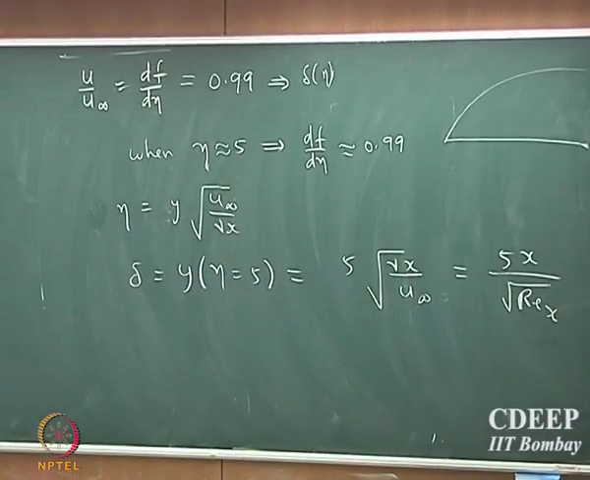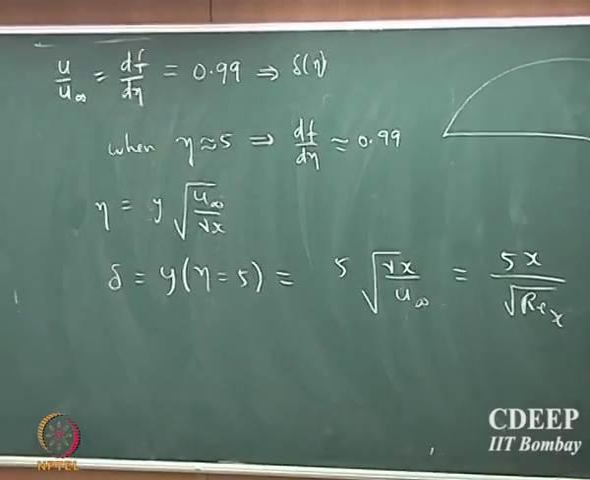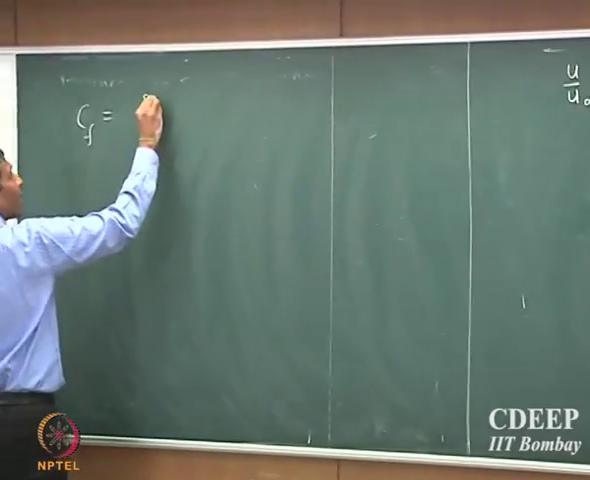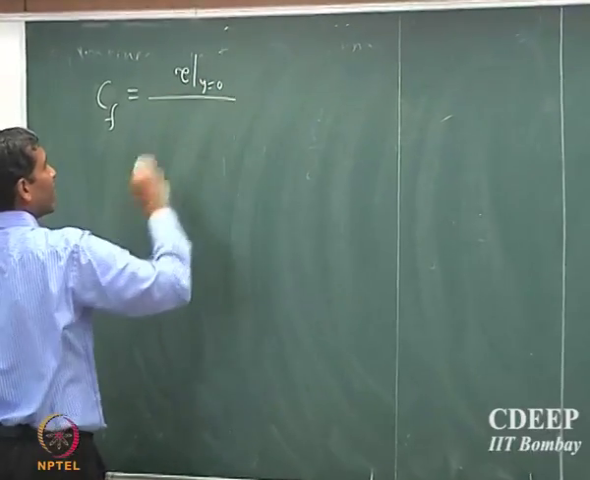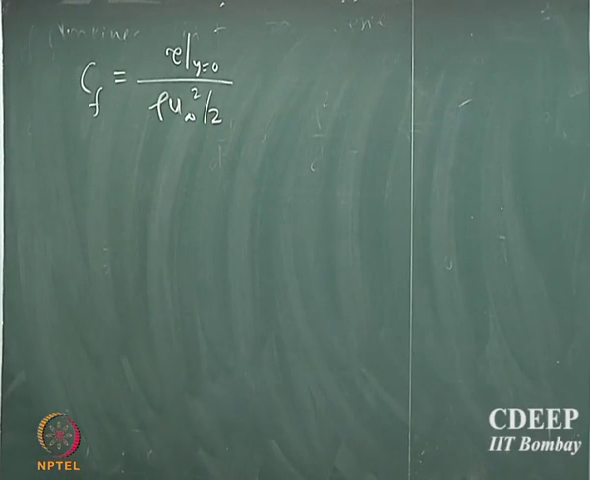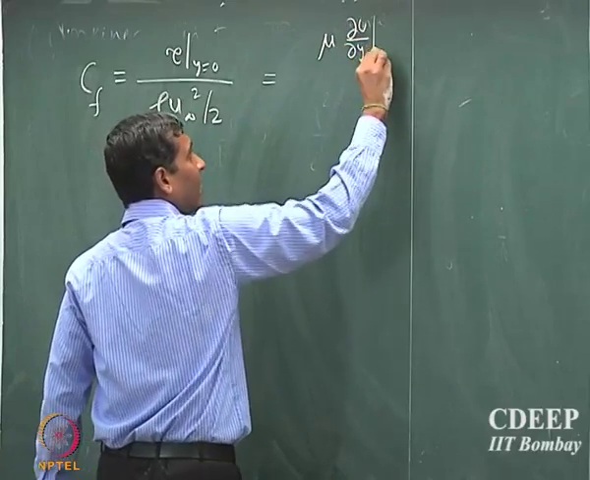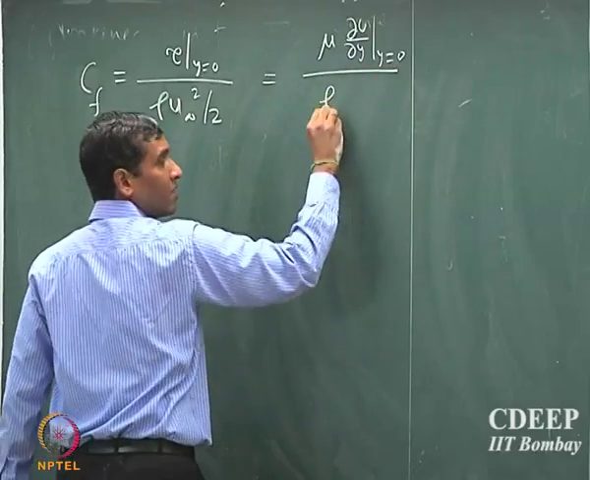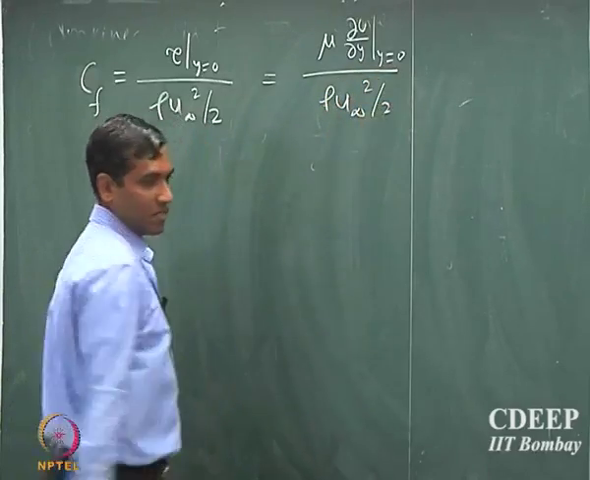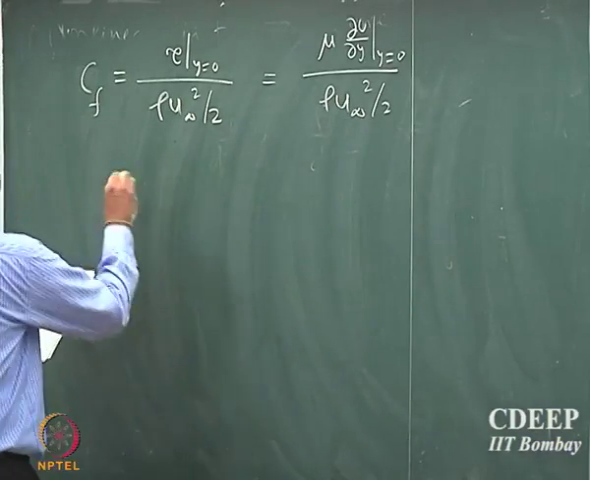Okay, so with that, now we can go and find out what is the friction coefficient. So friction coefficient is defined as tau at y equal to 0 divided by rho u infinity square by 2, right. So u infinity is the free stream velocity, and so that is mu into du by dy at y equal to 0 divided by rho u infinity square by 2. So now I can calculate it in terms of my modified variables, and so that will be about